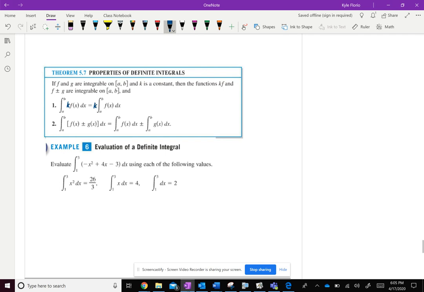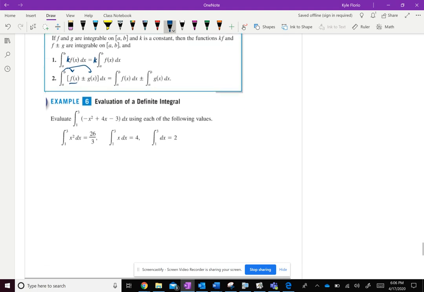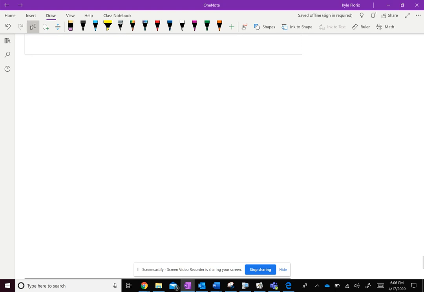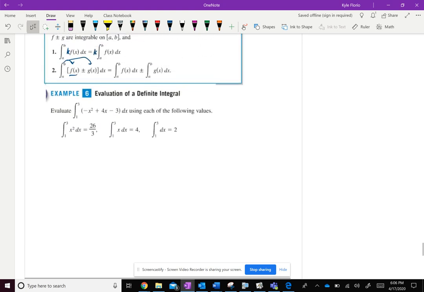And if I'm taking the integral of a sum, that's the same thing as taking a sum of two different integrals. You can think of it as distributing the sum of f of x and g of x. And that'll be fine whether you're adding or subtracting. So using that property, this is the last example. Let's evaluate the